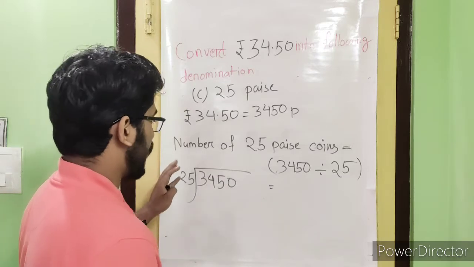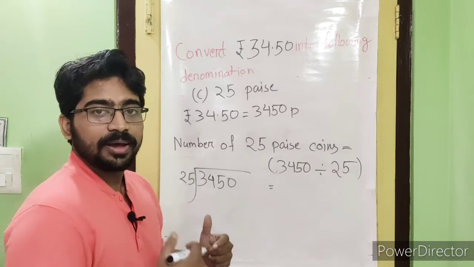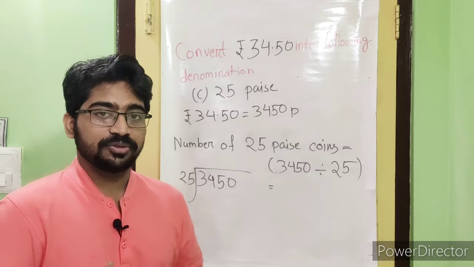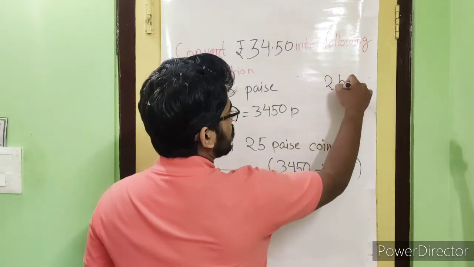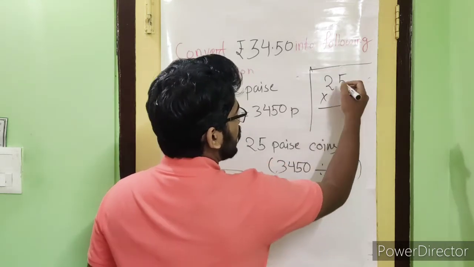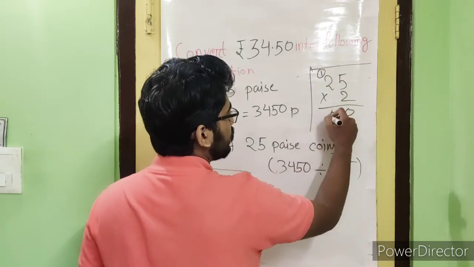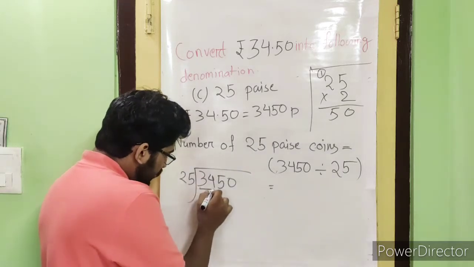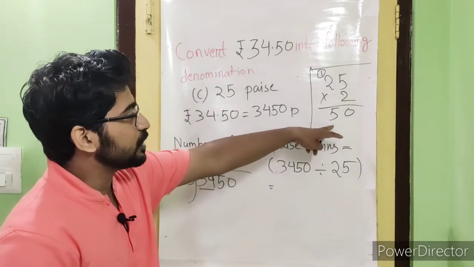So 25, I have very limited space, so each time I will be rubbing the board. See 25, so I know what 25 twos are, but you don't know. That's why I am doing this. 25 into 2, this one is rough portion. 5 twos are 10, carry 1, 2 twos are 4, plus 1 is 5. So 25 twos are 50. So we need to consider these two numbers, so it is 34. So 25 into 2 equals 50.